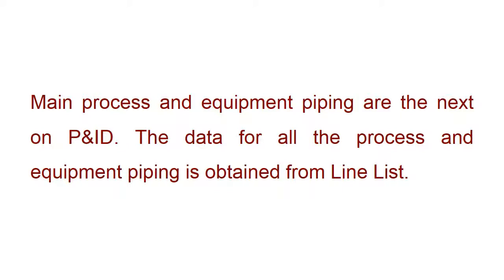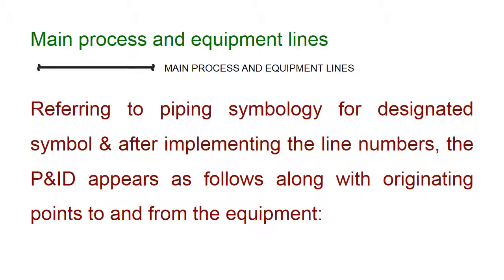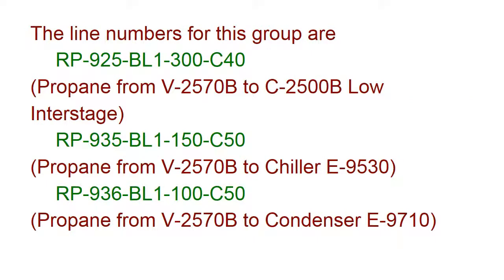Main process and equipment piping are the next on the P&ID. The data for all the process and equipment piping is obtained from the line list. Main process and equipment lines. Referring to piping symbology for the designated symbol, and after implementing the line numbers, the P&ID appears as follows, along with originating points to and from the equipment. The line numbers for this group are